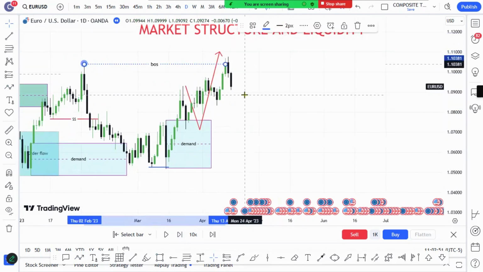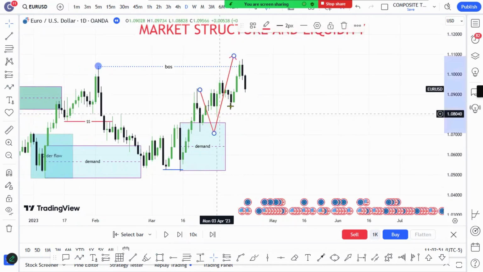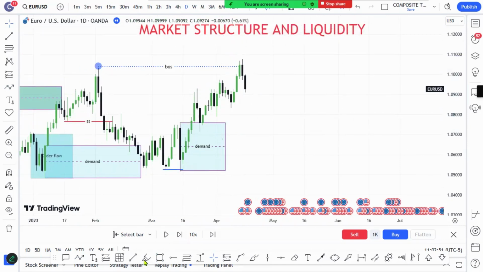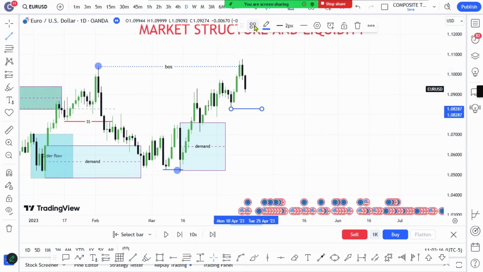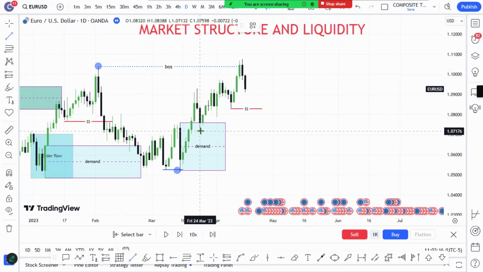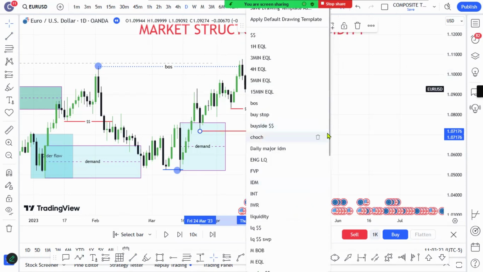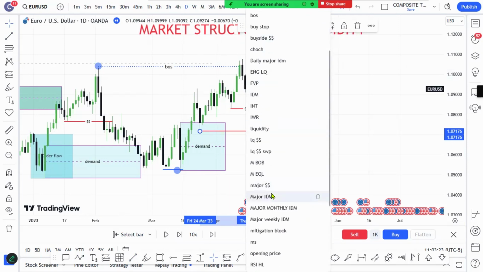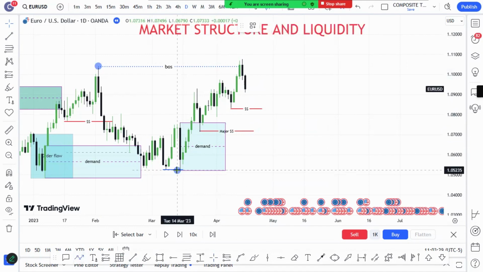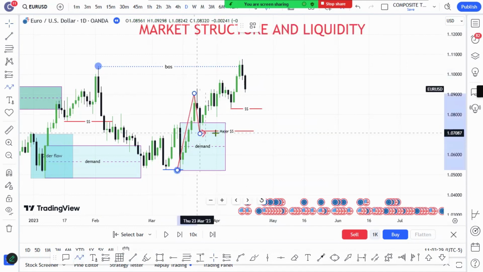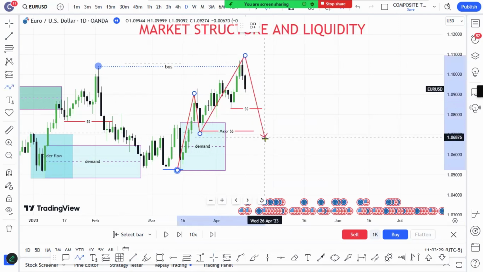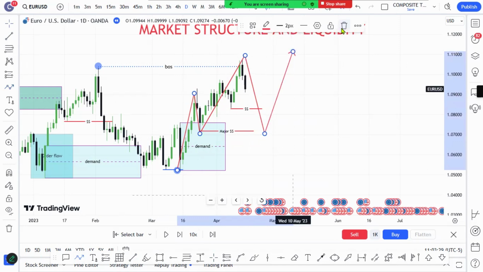Once you have this break of structure, this is your lower low, and you need liquidity again. Where's the liquidity? The most recent liquidity is here, and the extreme major liquidity is this particular low. This is your major liquidity, because when the market returns here, this is where it gets the force to go higher. So if it wants more liquidity, it just needs to take out this liquidity. The order block is already mitigated, and it pushes higher.